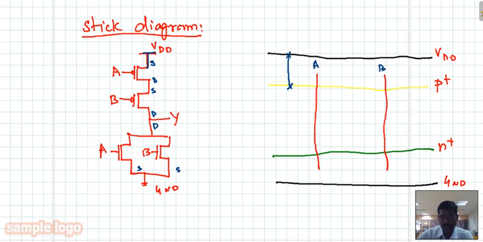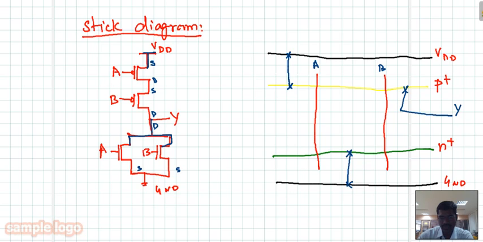So now A's one end is connected to this diagram. Then A's other end and B's one end are connected in series, so this portion of the diagram. Then B's other end is connected to output Y. With respect to this NMOS transistor, both A and B are shorted and given to ground. The common point of A and B should be connected to ground. The other end of both A as well as the other end of B is going to output